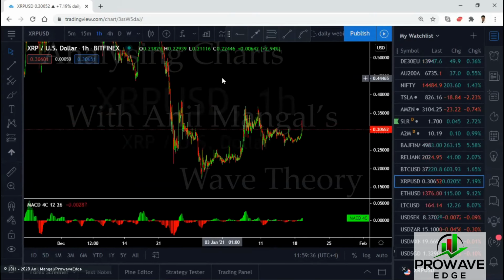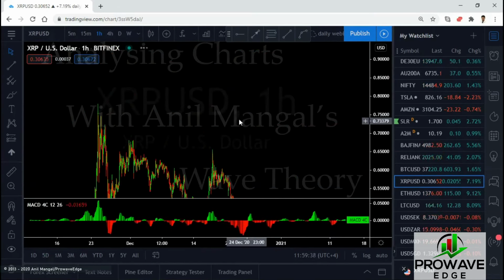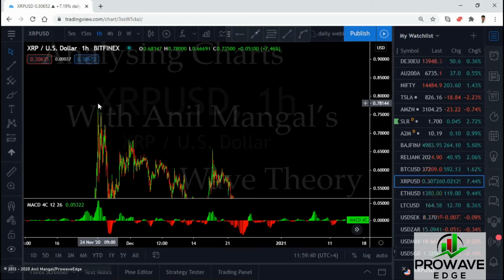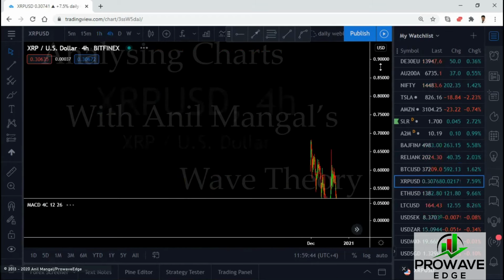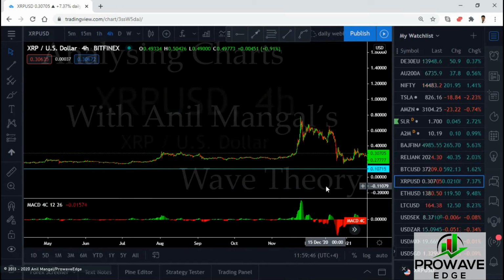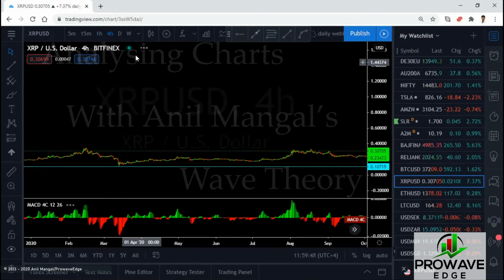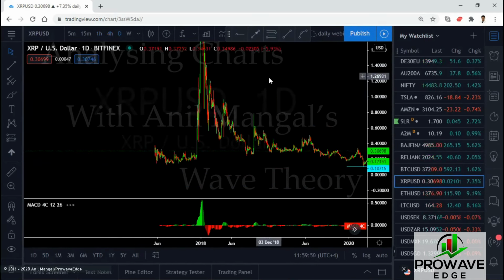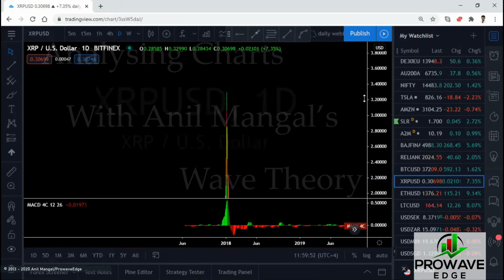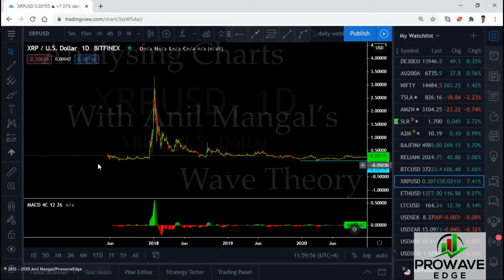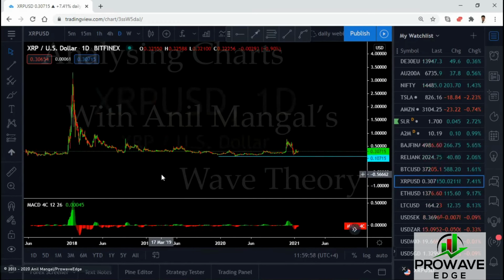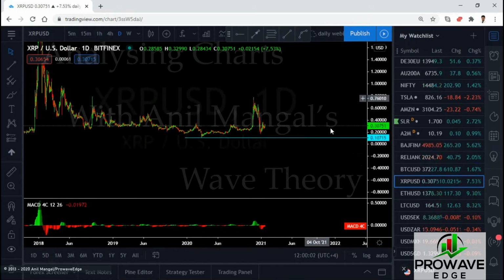The maximum price that has ever been is, I think, there was a bigger price than that. Let me see the maximum price. There was a bigger price here on the daily. $3. Yep, the maximum price that ever has been is $3 for a very short time. It has been here most of the time. I don't see a problem of that dropping a little. Like I said, only if it drops there.